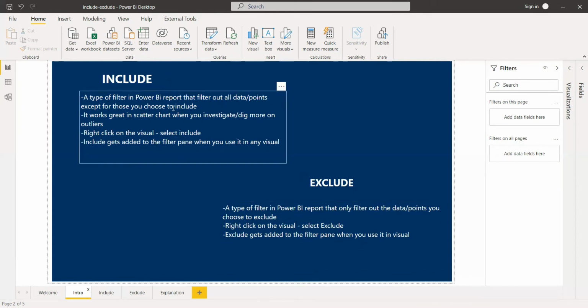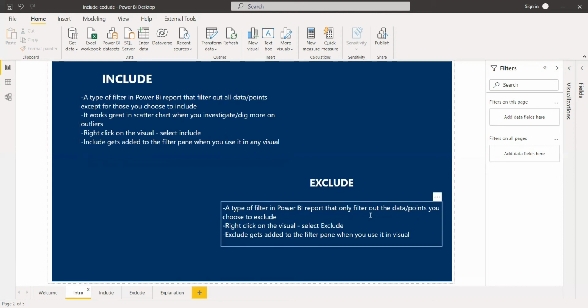So in include, if you are having around 50 points, and if you need only three, you can select the three and select include filter for that. Remaining everything will be taken out. In the exclude filter, if you have some 50 points, and if you don't want around 3 points, you can use the exclude filter.